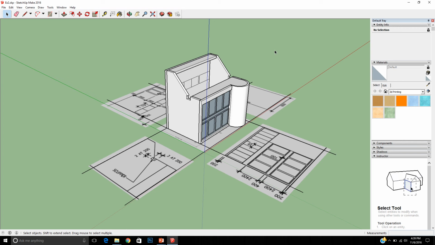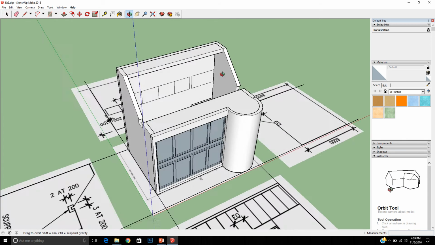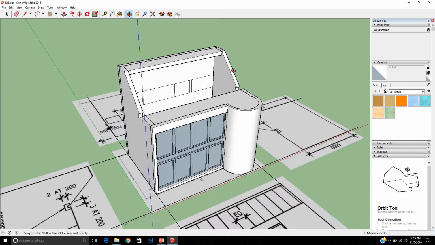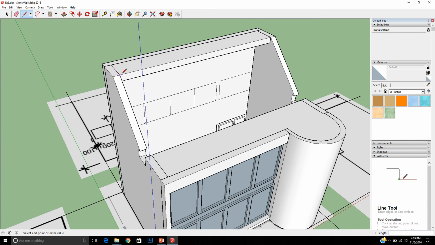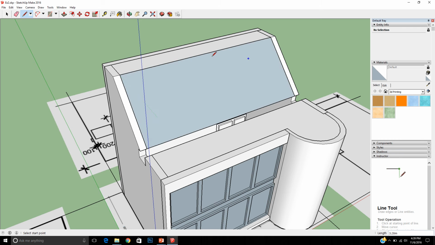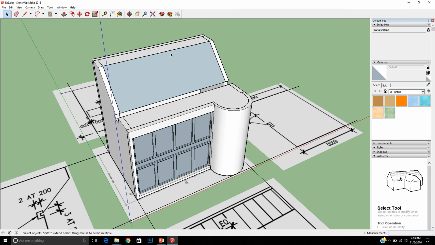The next step is going to be the creation of this angled roof component. So what we're going to start off doing is select your pencil tool and go ahead and trace the outer edges of the angled portion of the roof so that we have a surface on which to start drawing the location of